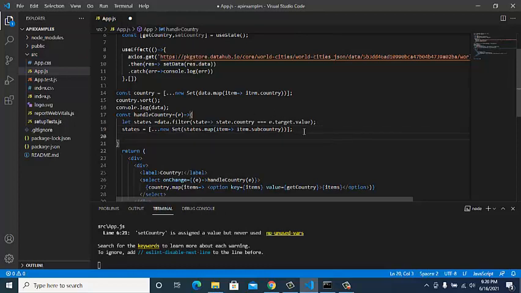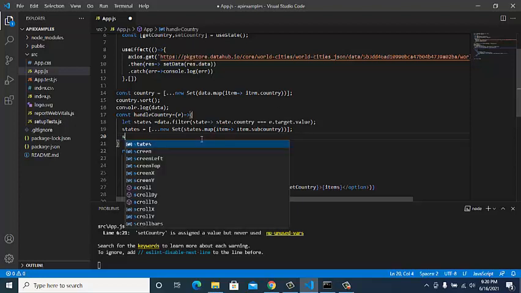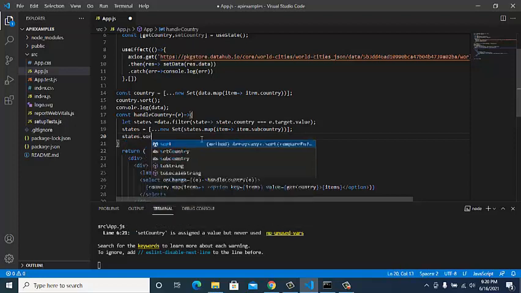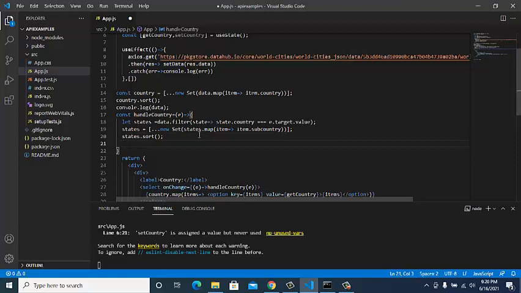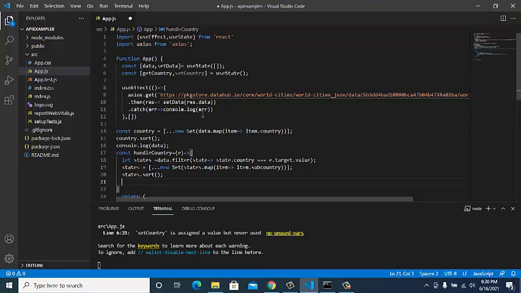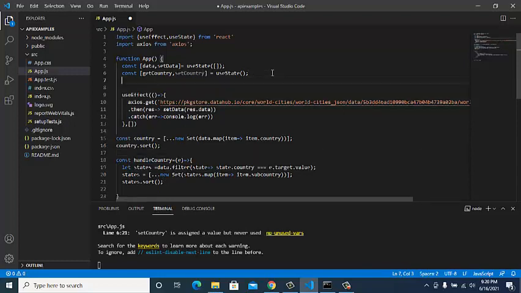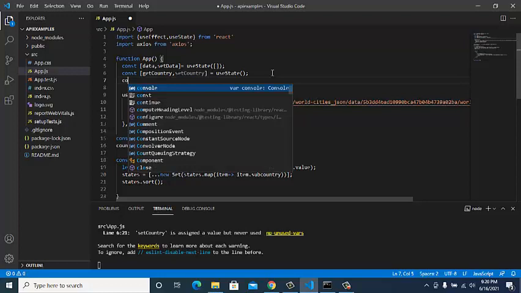Now, if you want to sort it, you can, so let's sort it. We used country.sort above, so we'll use state.sort. It will be sorted in alphabetical order. We'll create a state to store all the states we have.